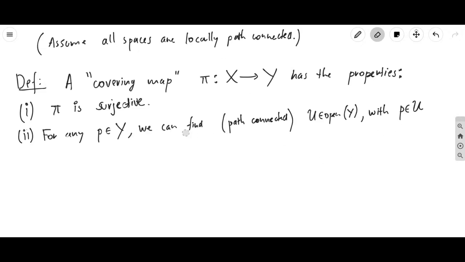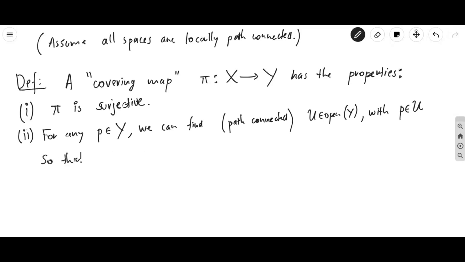So that's why you can just assume outright that this open set is also path connected. And this is kind of where this assumption that it's locally path connected is helpful. So we can find the path connected open set. So you can find an open set, but you can just assume it's path connected from the very beginning, containing the point,